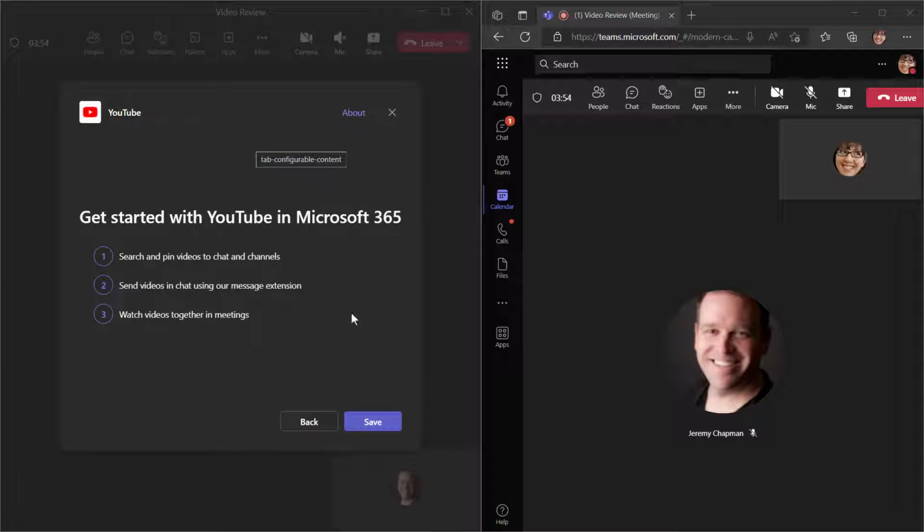And this welcome screen basically lays out the how-to steps. You'll need your YouTube video's URL. You can either search for it or have it already in your clipboard, like I do in my case. And this really adds a meeting extension into Microsoft Teams, hence why we call it an app, that you'll see here once I hit save.